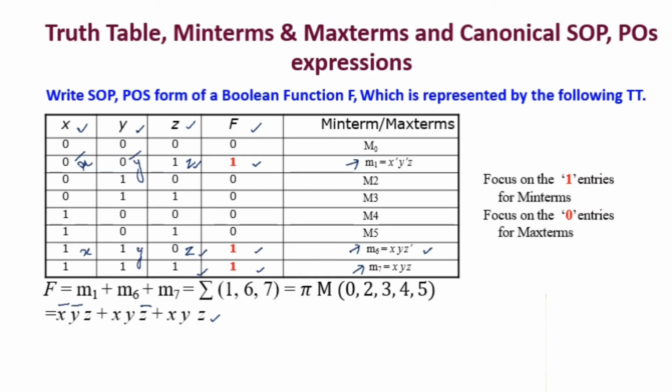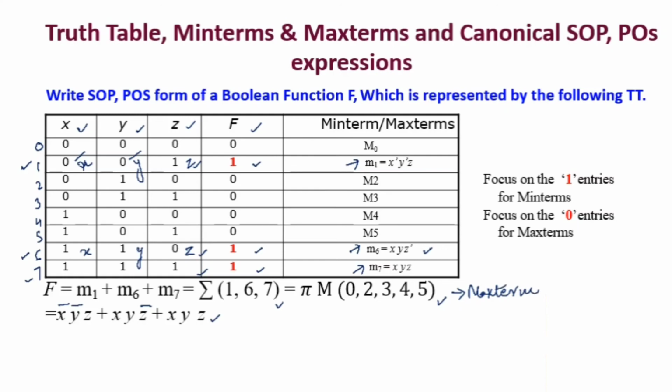Similarly, if I want to write the minterm expression, I can write the decimal equivalents of these: 000 is equivalent to 0, then 1, 2, 3, 4, 5, 6, and 7. So I can check where I am getting the high output. I am getting the high output at 1, 6, and 7, so the minterm expression is 1, 6, and 7. And for the rest of the 5 cases, 0, 2, 3, 4, and 5, I am getting low output, 0 output. So these are mentioned here in the form of the maxterm expression.